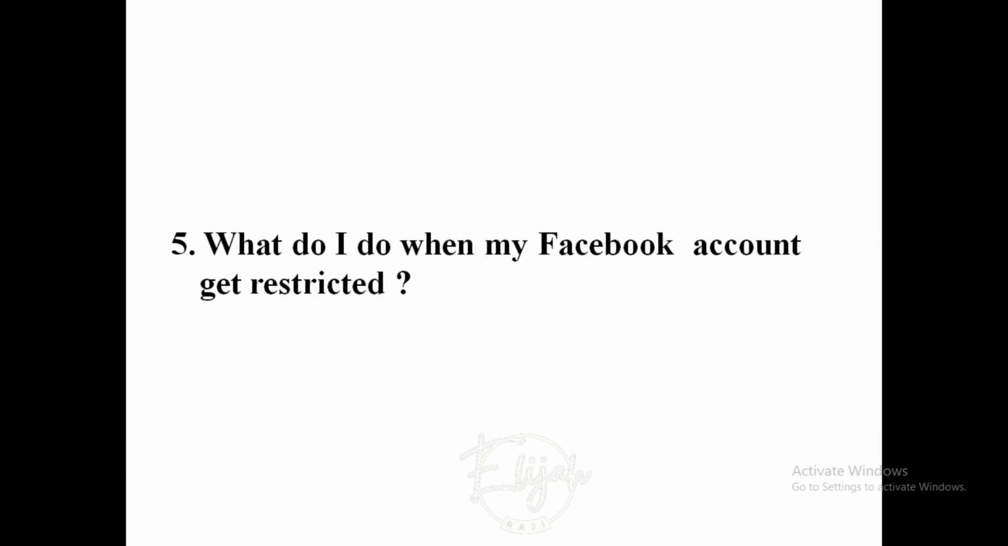What do I do when my Facebook account gets restricted? Well, you don't need to panic. I see many people start running around, falling into scammers, running here and there because their ad account was restricted. What you need to do here is to